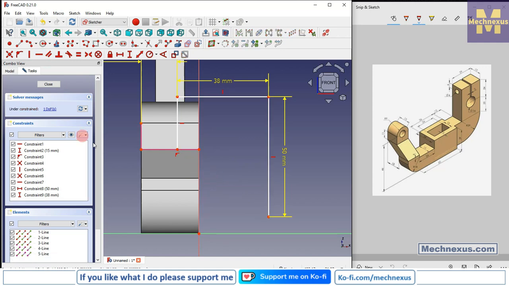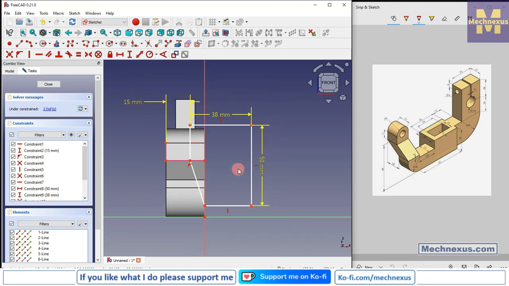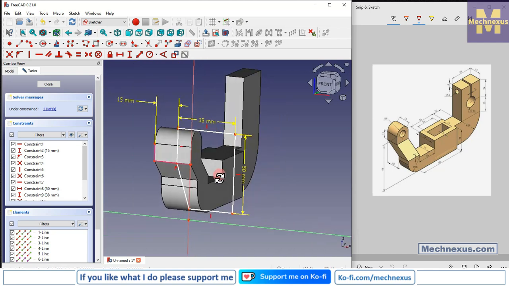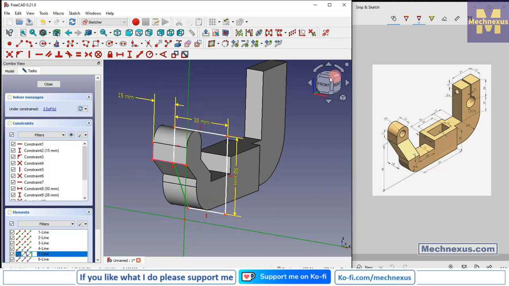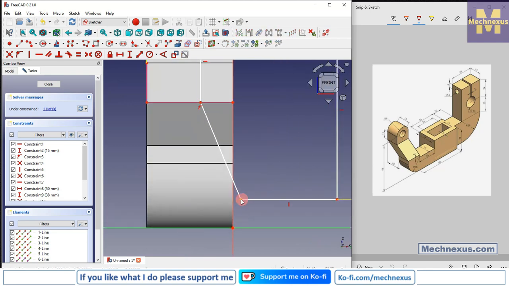Delete, select line tool, now let's see what is the unconstrained. So select this, switch to the front, select this and this, and add the coincidence,